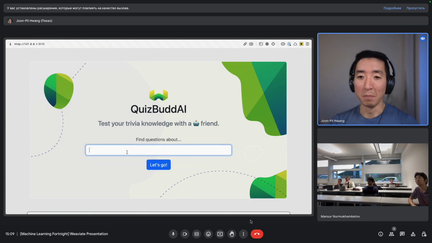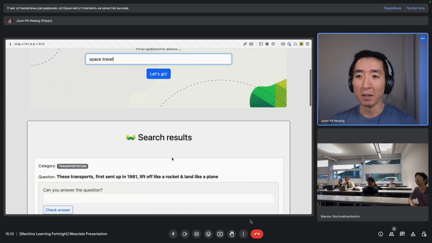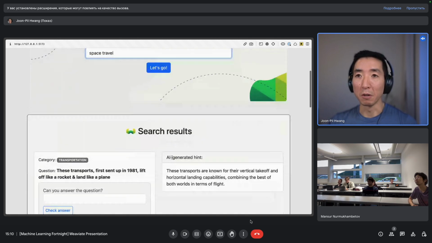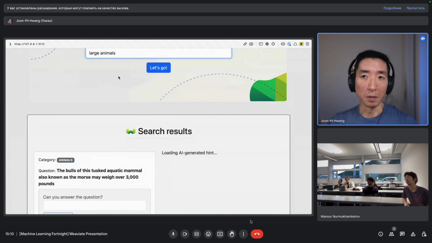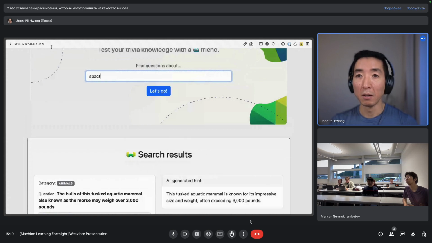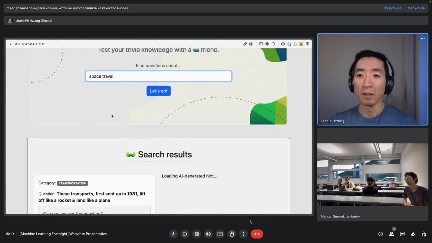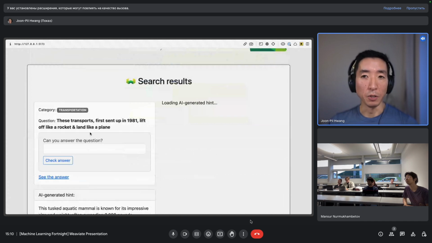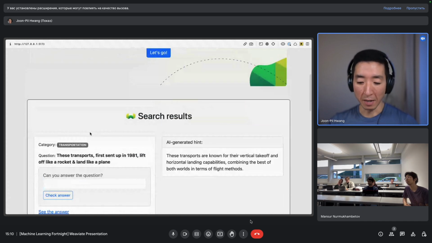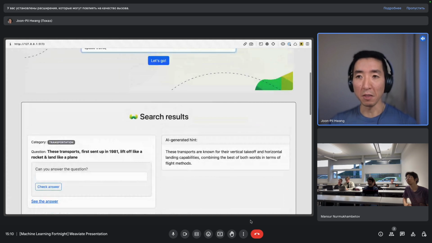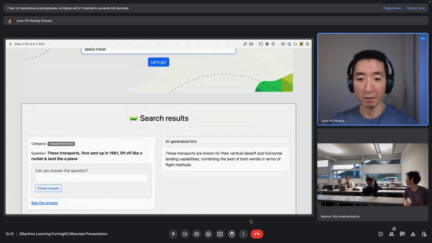So if you have a particular topic you want me to look up, you can shout out as well, but let's look at things like space travel and then see what happens. Cool, and this is a real-time search. If I type something else, I don't know, large animals, you see it's performing a real-time search, but let's try space travel for now. You'll notice the query that I'm typing in, can you just give us a thumbs up if the font's big enough, or do you want me to make it bigger? I see some thumbs. Yeah, it's good.